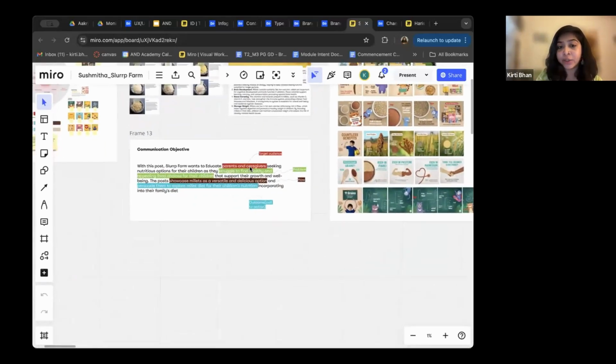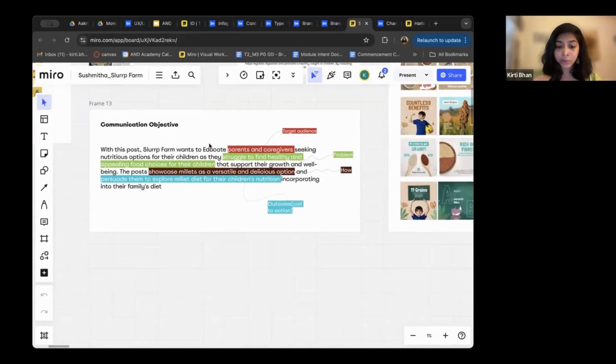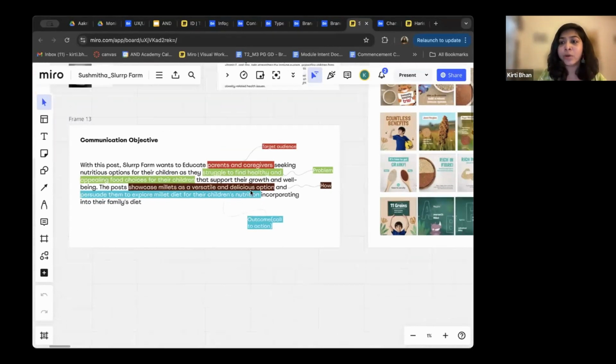Then before entering into the design process, they set a communication objective of what they want to achieve in the end. Because by having a communication objective, you kind of have everything in line, and there is no possibility that you would just go here and there. It keeps you anchored with the whole design process. So it really helps you to keep in line with the whole project.